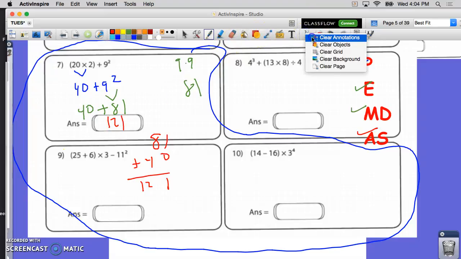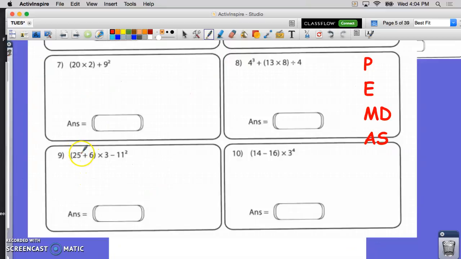Okay, moving on. Going down here. Do what's in parentheses first. 25 plus 6 is 31. Bring down everything else. Okay, so parentheses done. Now I'm going over to the exponent. You can see right here you have 11 squared, or negative 11 and negative 11. Okay, which is going to give you positive. 11 times 11 is 121. You can do it that way. Bring down your minus sign,